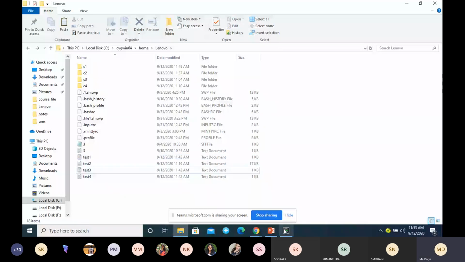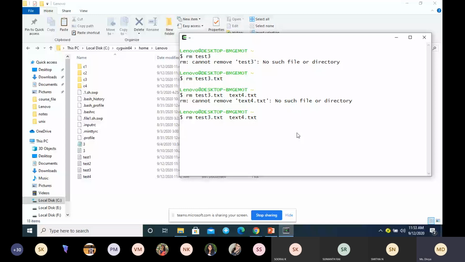I'm trying to delete test3 and test4. So what is it giving? Can't remove test4. So why? You cannot remove multiple files.